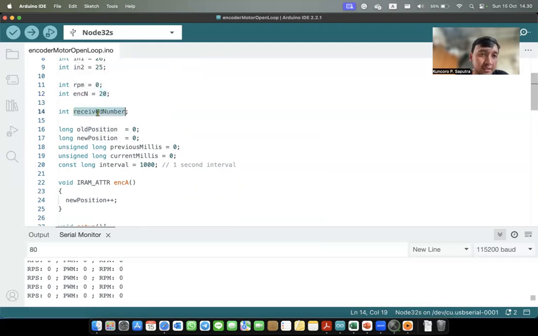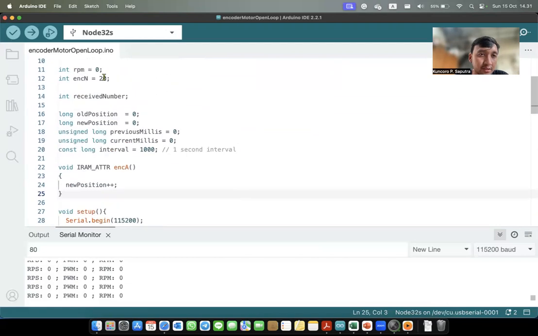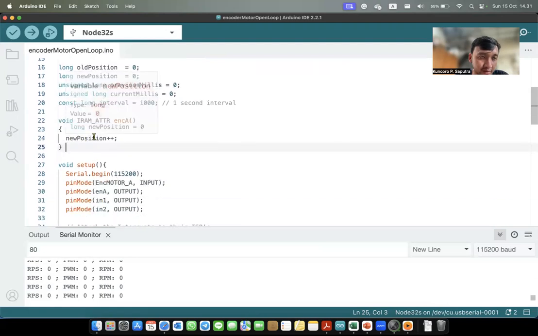After that, I need the old position and new position to calculate the RPM, and previous millis and current millis to measure 1 second. And for the counter, I will increment the new position using an interrupt function.